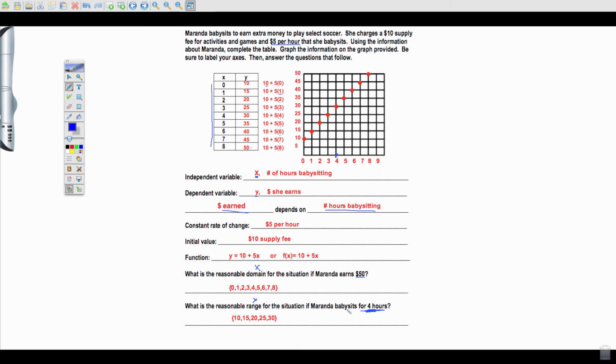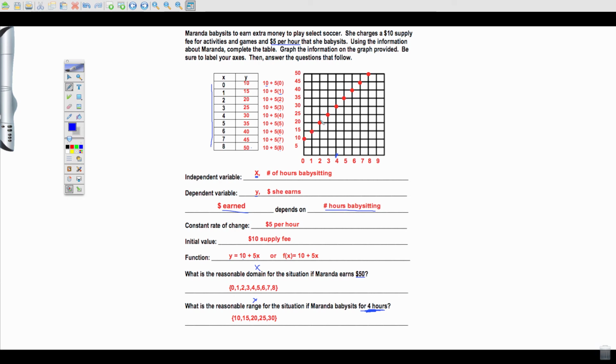All right, so let's look at this again. What is the reasonable range for the situation if Miranda babysits for 4 hours? So again, like I said, I'm going to go out to 4 hours, and then what is the Y value? Because remember, range is Y. Well, the Y is 30, so that means all the way from